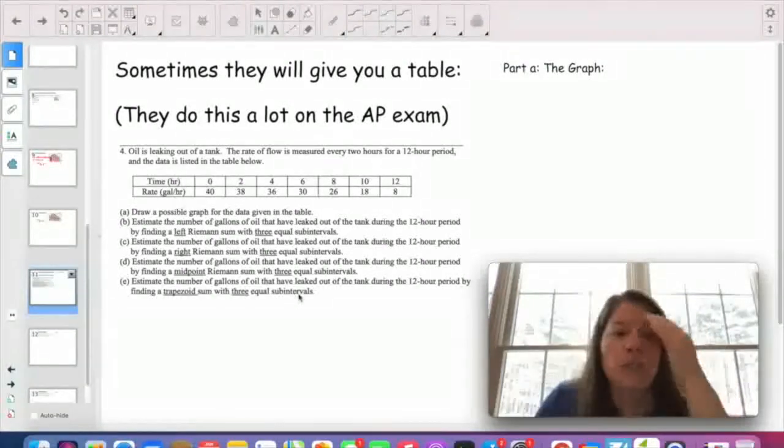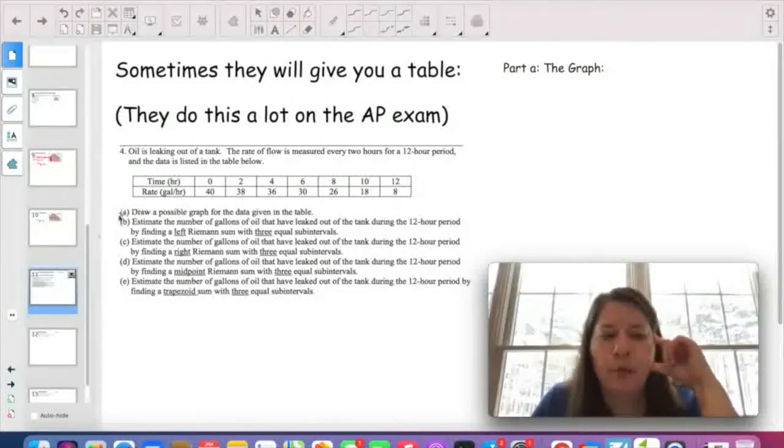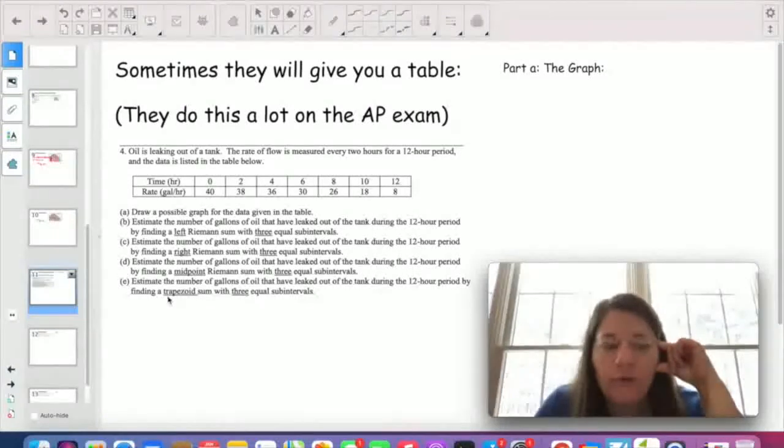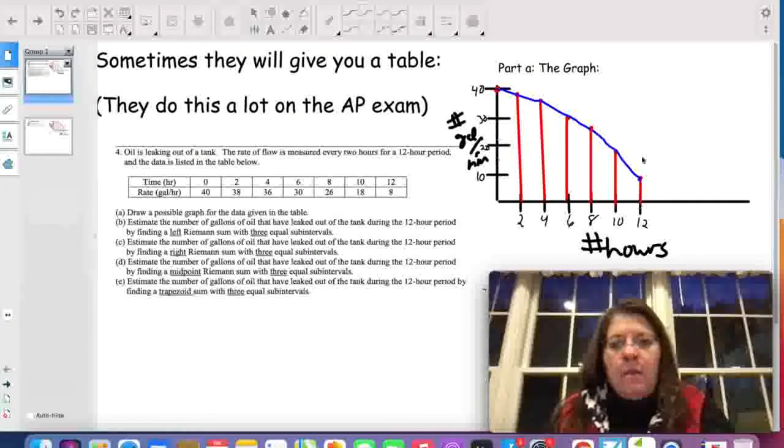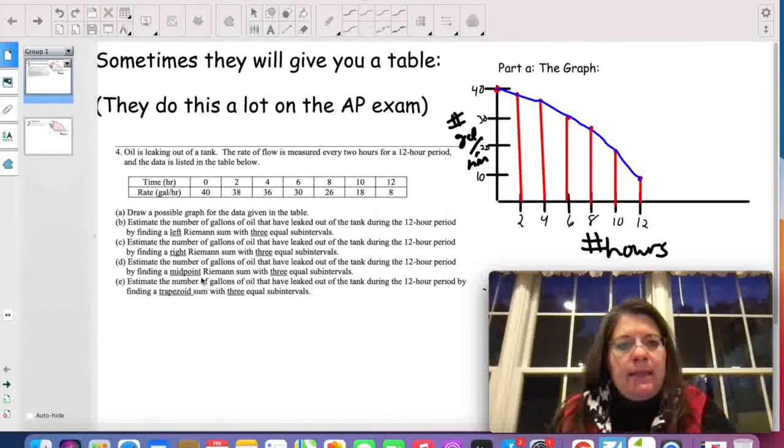So we're going to do A, we're going to draw the graph. We're going to do B, the left Riemann sum. So the first thing I'm going to do is graph that function. So here's a little graph of what we're dealing with here. And we need to draw the lengths from each of these up to the ordered pair associated with it. So we've got the picture here for part A, and then in part B it says estimate the number of